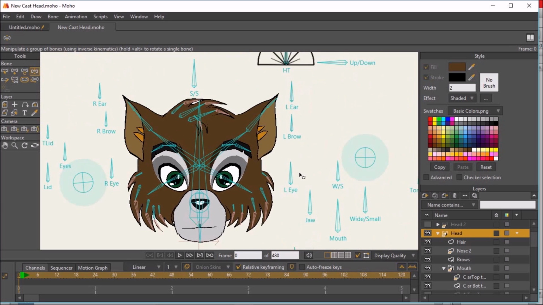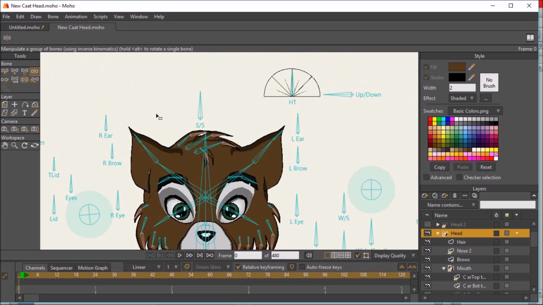On this side, we've got smart bones for the ears. If I use this, it makes the ears rotate in either direction. And if you know anything about cats and their body language, they use a lot of expressions through their ears and through their tails. So this just gives you another bit of